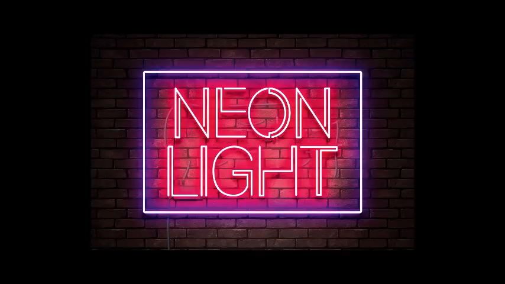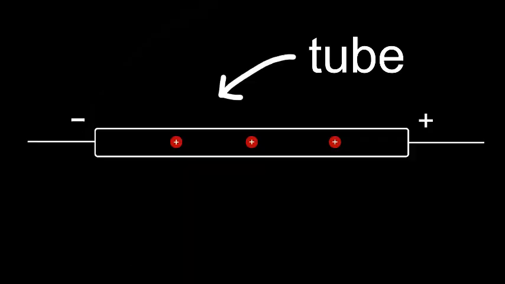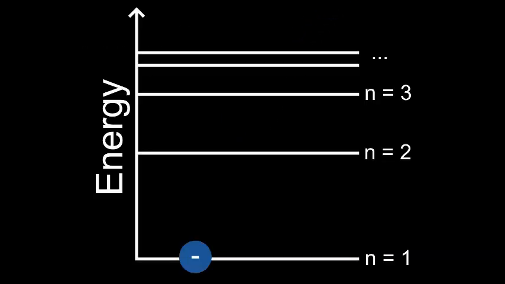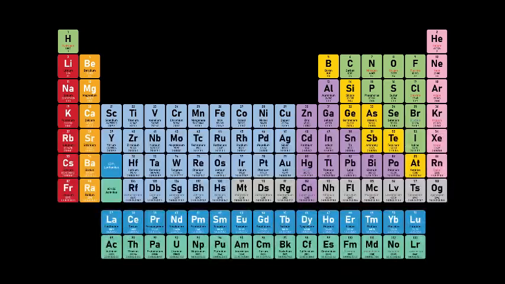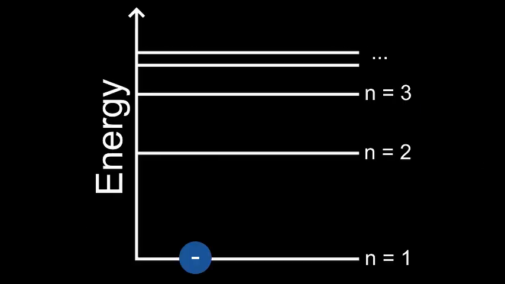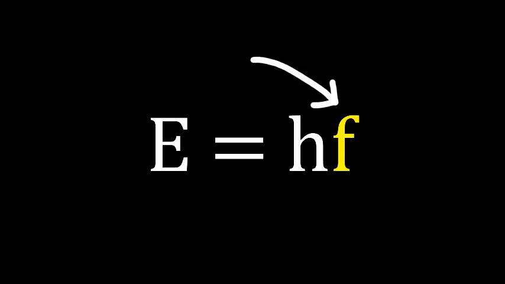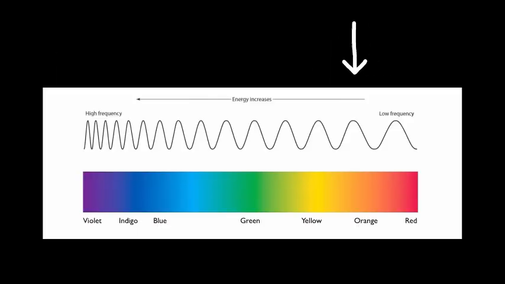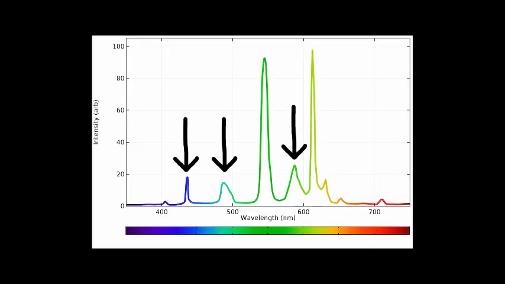The latter is used for neon lights. Gas is ionized in a tube with a very high voltage. Collisions of the ions with other particles makes their electrons move to a higher energy state. Once they fall back down, the difference in energy is released as light. The color of the light depends on the element that's used in the tube, as each element has different but fixed energy levels, and the difference between those determines the energy and therefore the frequency of the released light, which is what changes the color. All possible frequencies that an element can emit are called the emission spectrum.